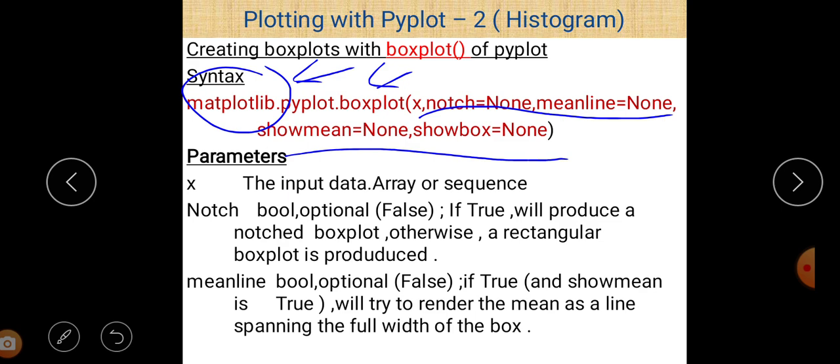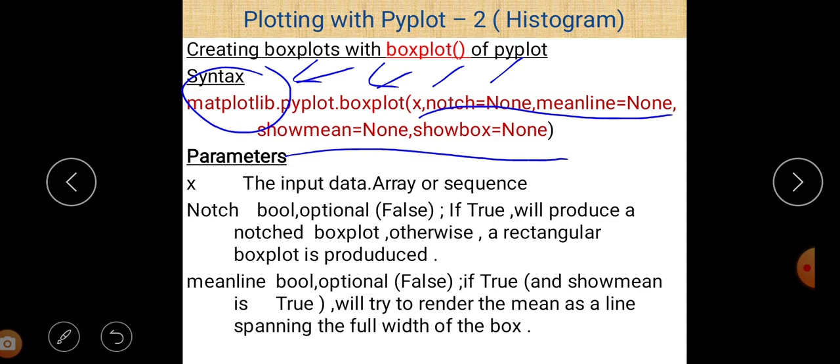First of all, x should be given, and what is x? x is the input data, and that is compulsory. Without this you cannot create a box plot, because at least data is required, and this data may be an array or any sequence. Then notch is equal to None. Notch equal to None means that by default it is None, so a simple box plot will be created if we don't mention any value of notch.